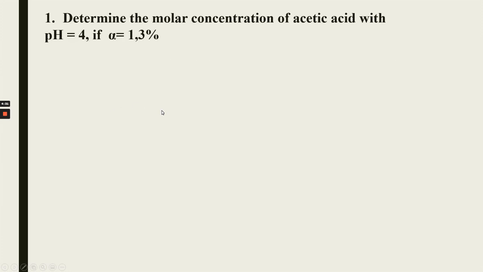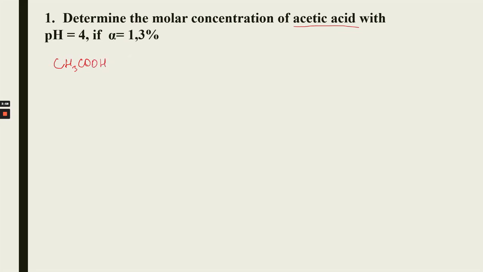So please stop the video and write the question, write the problem, and I will show how to solve it. First of all, you have to start with the writing of dissociation equation. Acetic acid, as other organic acids, is a weak electrolyte. So for weak electrolytes, we write the dissociation the following way